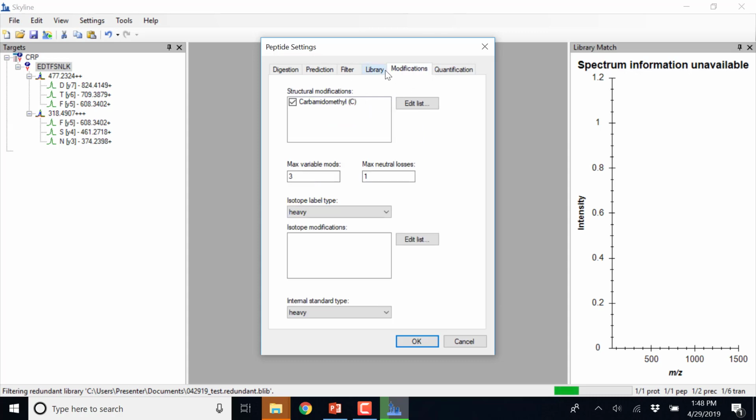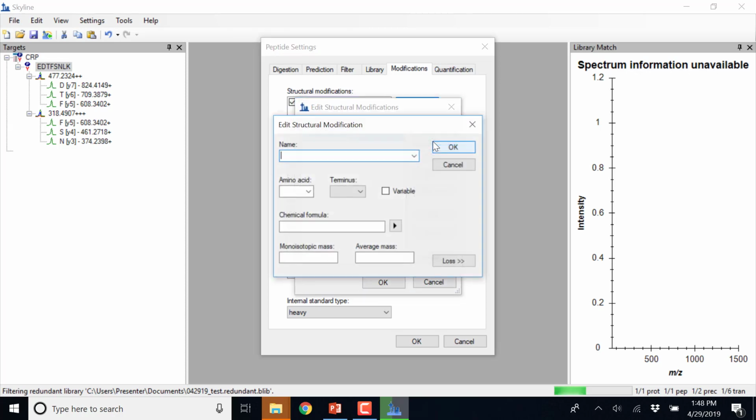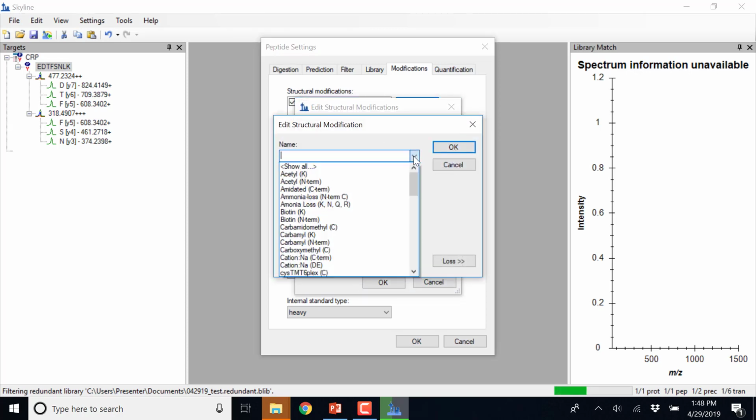The library modifications is also if you've carbamidomethyl. That's fine. If you alkylate your cysteines, you can use a carbamidomethyl or a carboxymethyl, depending on what you've used. Many of these modifications are already predefined in the drop-down menu. So does anyone use iodoacetic acid versus iodoacetamide? Yep, so the default in Skyline, I think, is iodoacetamide. So you'd want to go in and change that to iodoacetic acid,